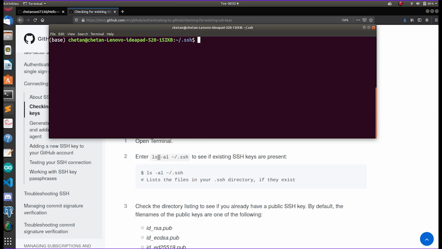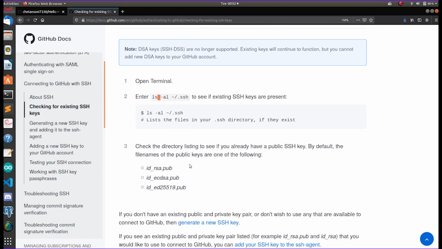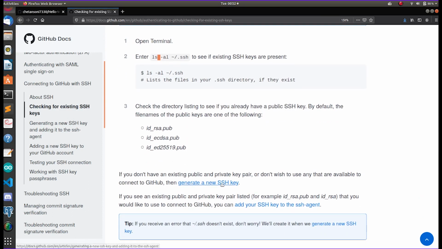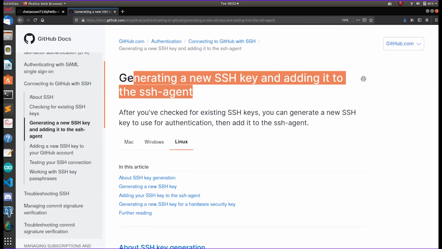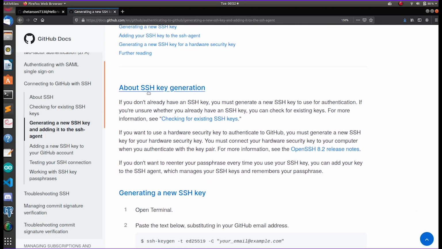Now let's create a new SSH pair. An SSH pair means a private SSH key and a public SSH key. These both together are called an SSH pair.